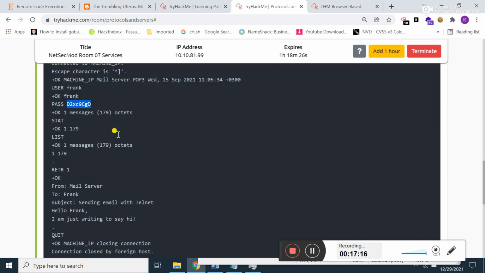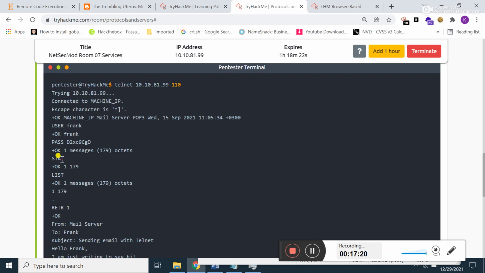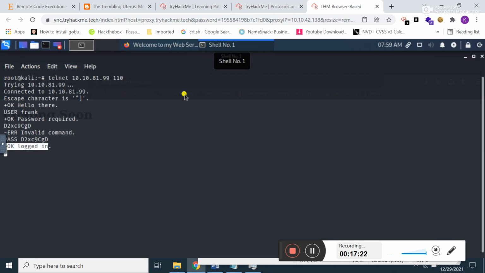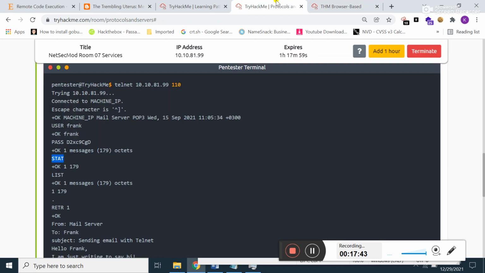Okay guys, now you can use different commands. Let me show you. If I type this command and press enter, see the status is okay 0 0. If I type list and press enter, right now no emails are shown to me. Actually the list command is used to show the number of emails.